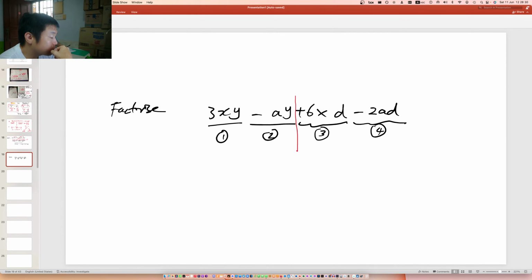Split. Separate them. Yep, separate them first. Very good. At least you remember. So I will start to do the 1 and the 2 first. Right? Okay, good. So normally what I do is I like to